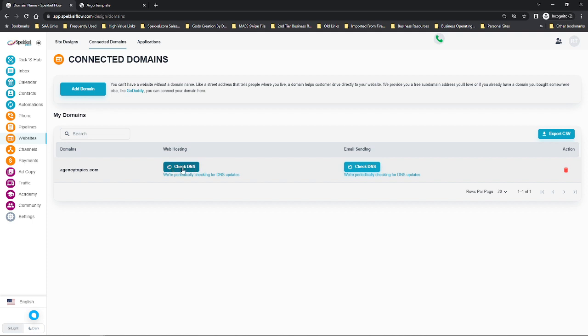When you click this button, it will automatically do a quick check to see, but normally it will just automatically update itself once it does its own periodic checks. You can check back and find out if your connected domain has been connected, and also your settings are correct for your email sending. And that's how you do the connected domains. And then once you have this domain in place and the hosting's correct and the email's correct,